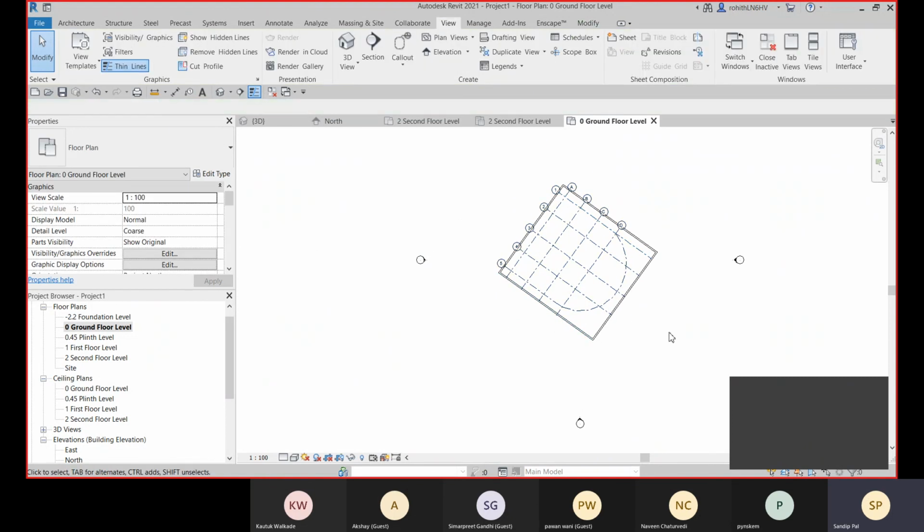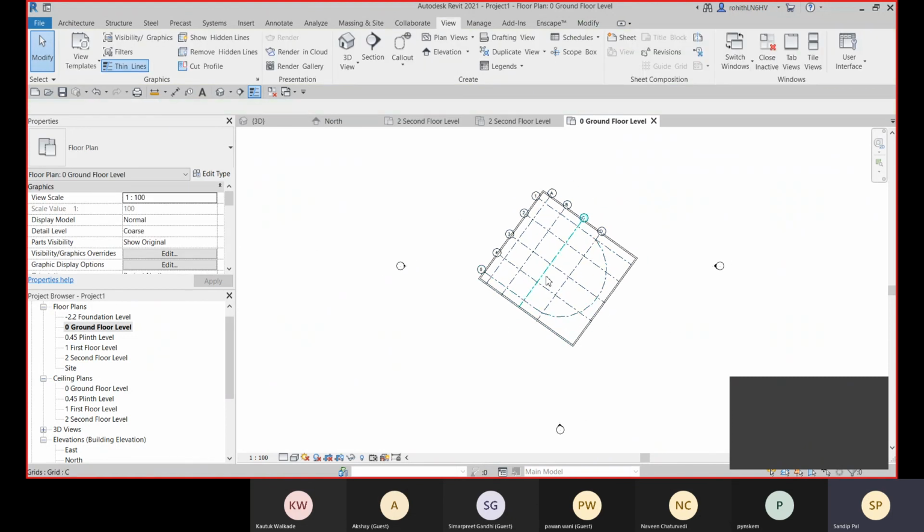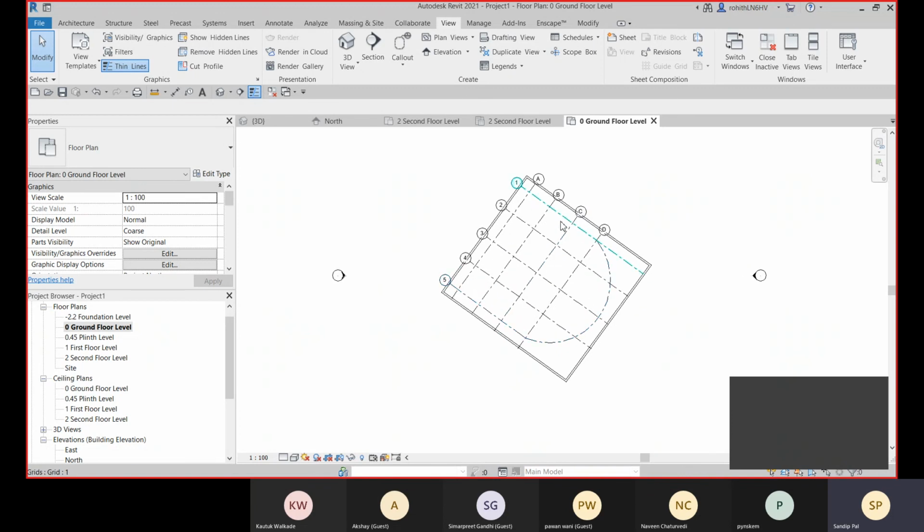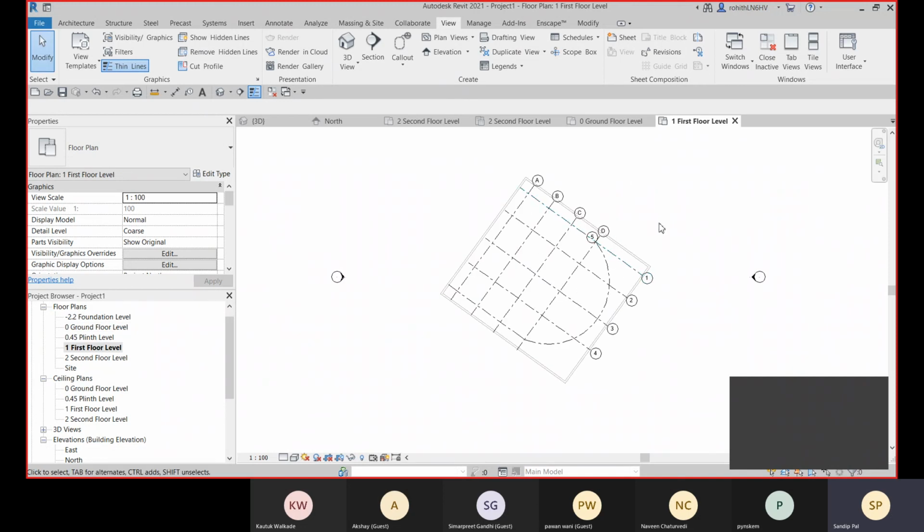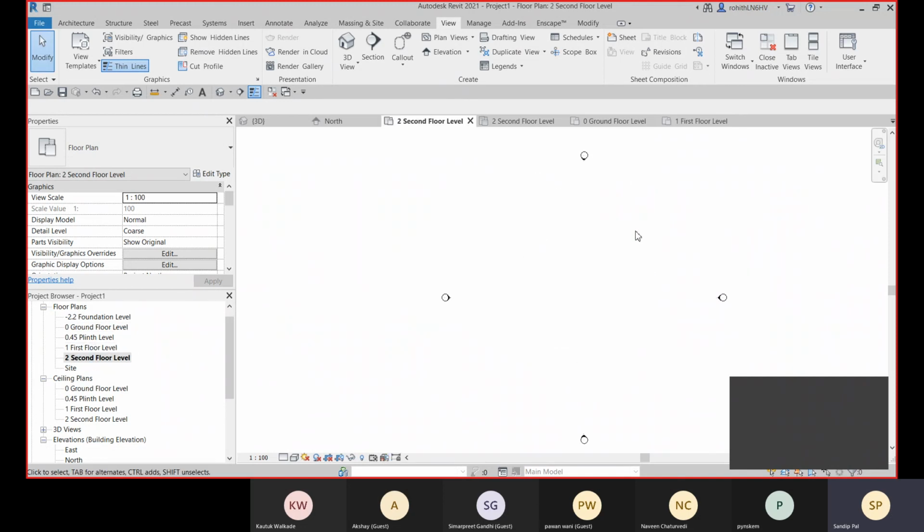Okay, so we cannot copy this here. Let me show you that in this first floor plan, these grids are visible, and in the second floor plan, these grids are not yet visible.